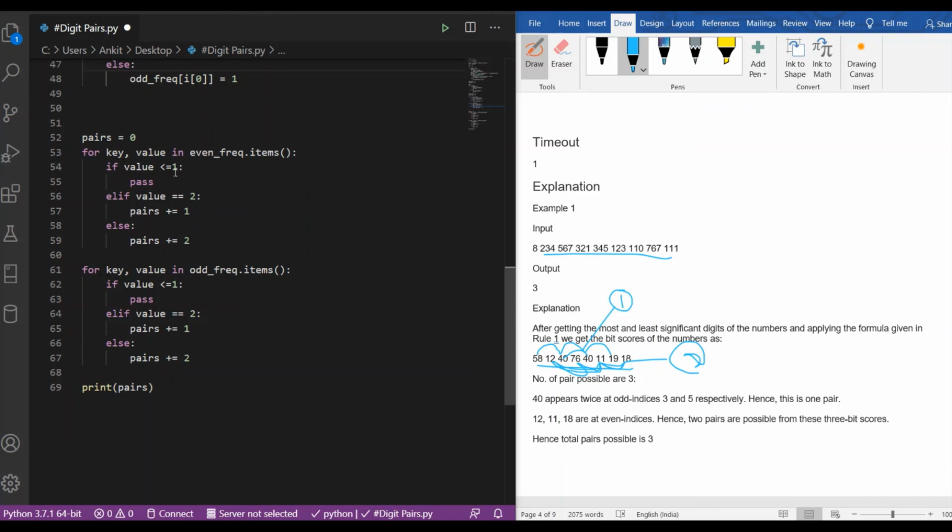then just pass, or if the value is equal to 2, then it will add 1 to the number of the pairs, else it will add 2.